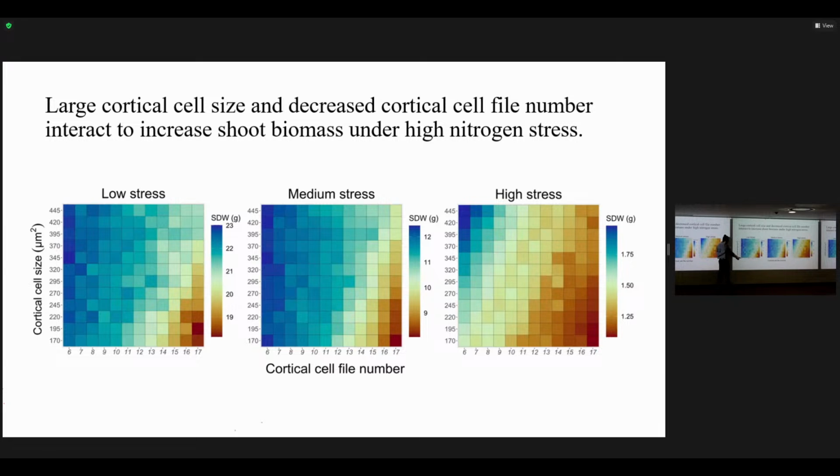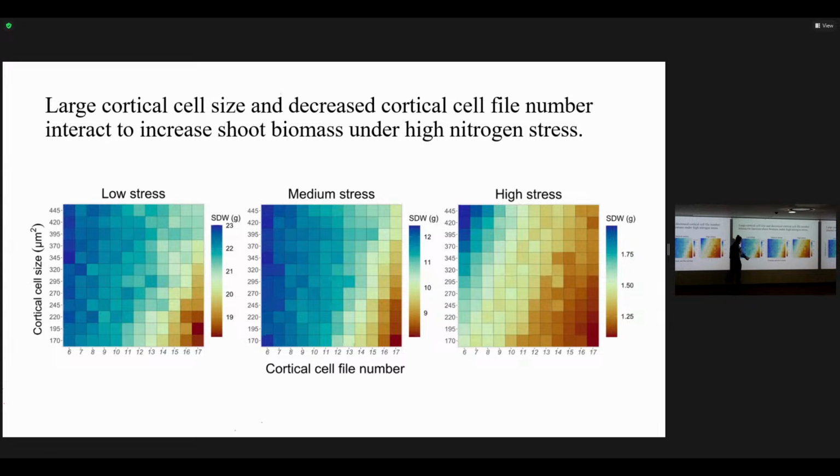But if we look at the scenario where we just have 6 files, we see that the effect of cortical cell size is not relevant at all. So this means that